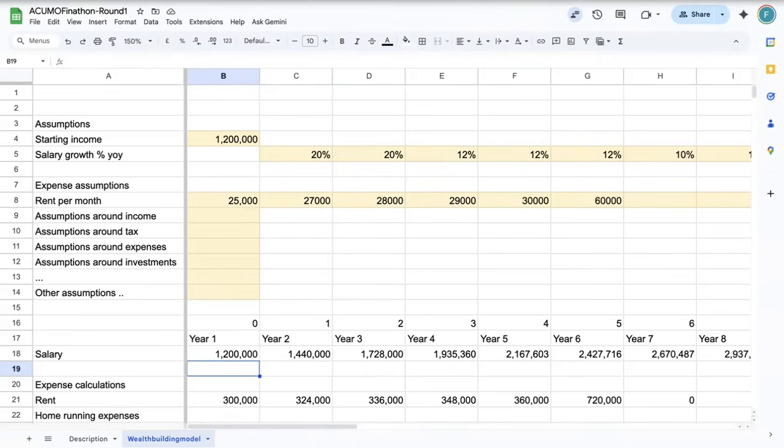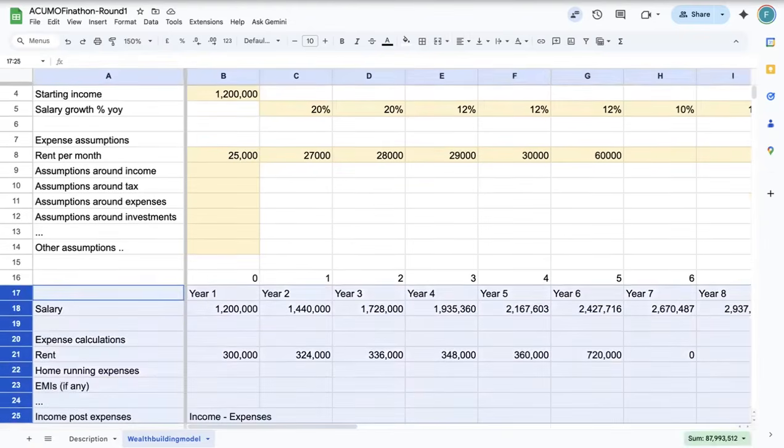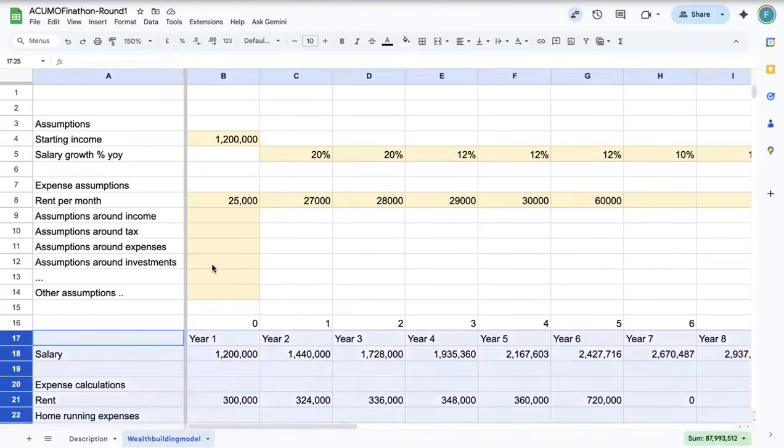The second part is your assumptions, which is where all your thinking should come in, in terms of the inputs and the numbers that you're taking. And then there should be a calculation and output section, which is the one starting from row number 17. So essentially the idea is that whenever you want to make a change to a model, you just need to change the assumptions and then everything else should flow accordingly.